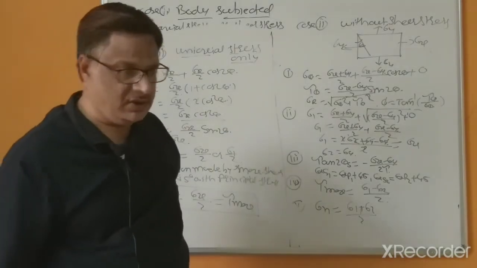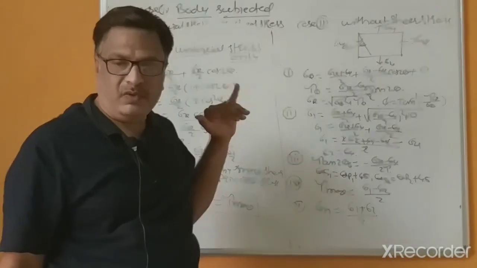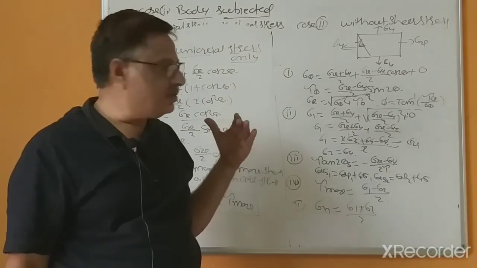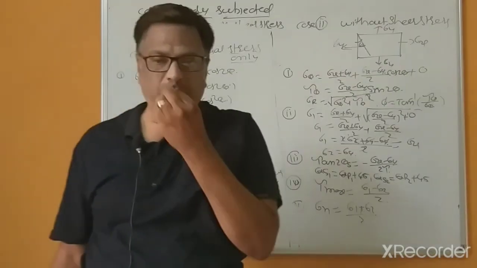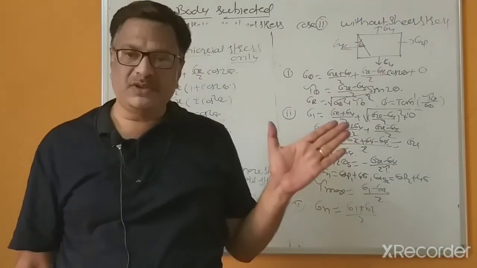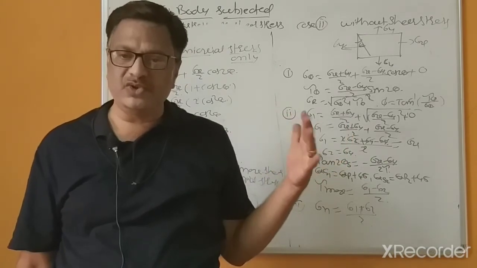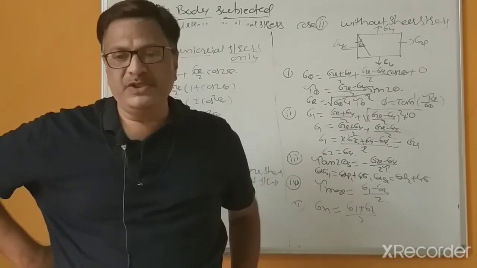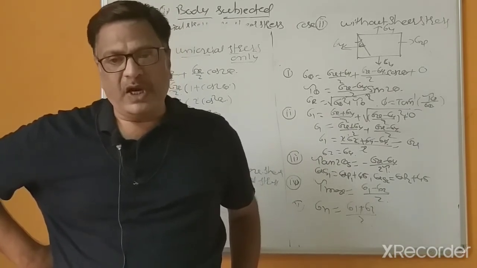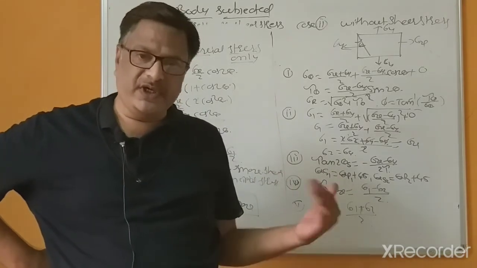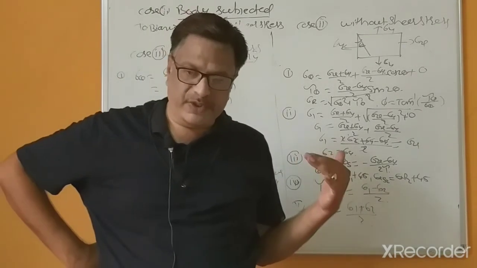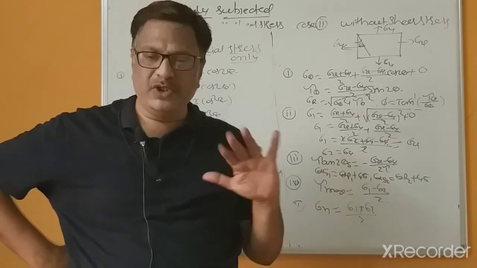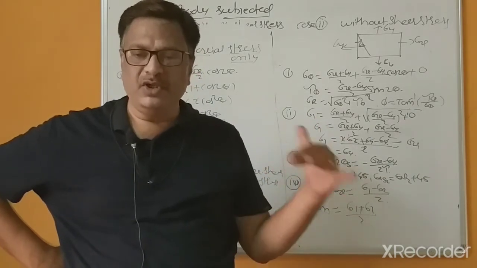Now I think you better understand the problems related to the maximum principal stress. In the first case, shear stress is acting along with both stresses induced, which may be tensile or compressive, on the major principal plane and minor principal plane. The second case is where stress is induced on both planes, so there is no shear stress. And the third case is uniaxial.